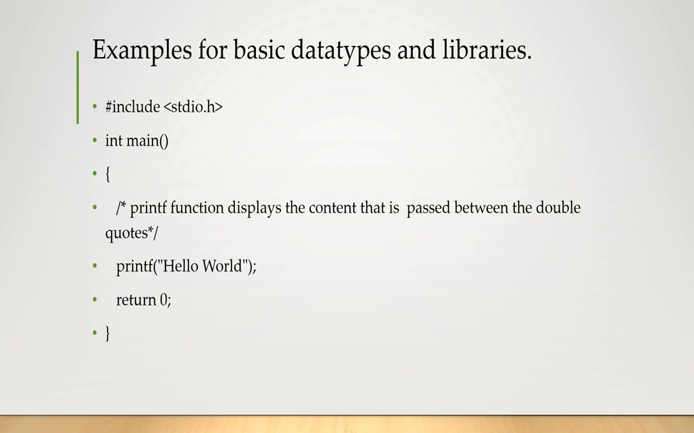If the function is of type void, so what is a void function? A void function accepts many types of data. For example, it accepts int, char, whatever data type, it accepts any type of data. So next one is